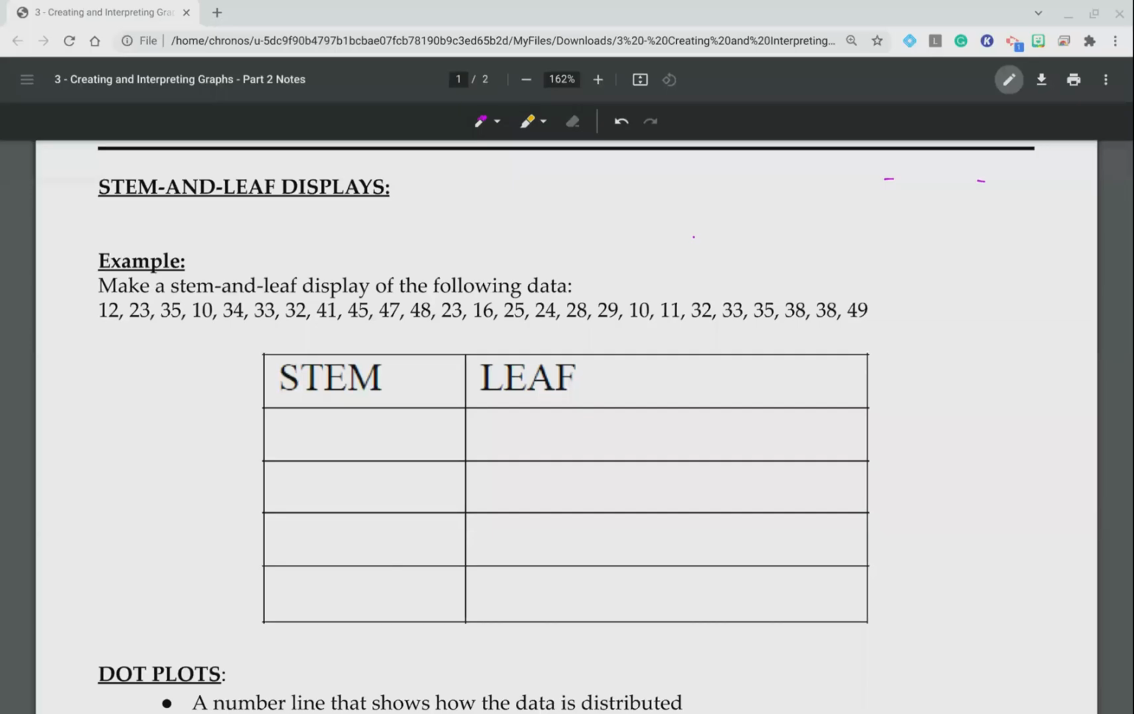Today we're going to be talking about some other ways to look at data, and the first one is going to be what's called a stem and leaf graph. So a stem and leaf graph shows the distribution of data. Okay, so the stem is the number that's in the tenths place, and the leaf is the number that is